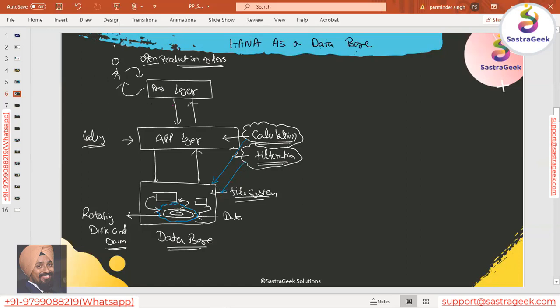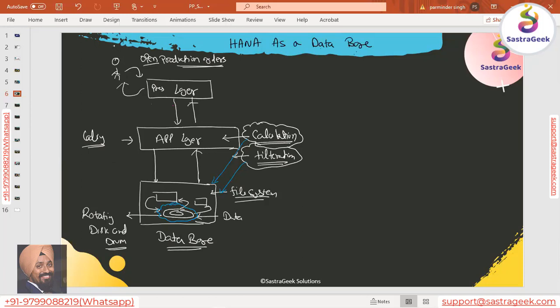I can do here. Any database has that capability, we can do it. But if you do the calculation also here, and if you do the filtration also here, then your performance would be slower. That's the basic reason the application layer has been put in, so that the database only fetches and gives the data, and the calculation and the filtration we do in the application layer, so that we are not putting more load on the database.